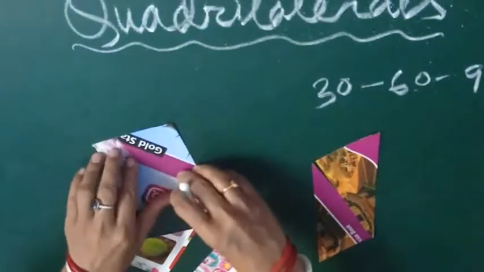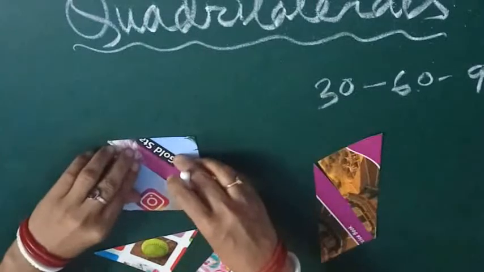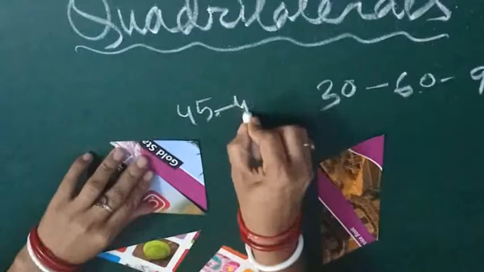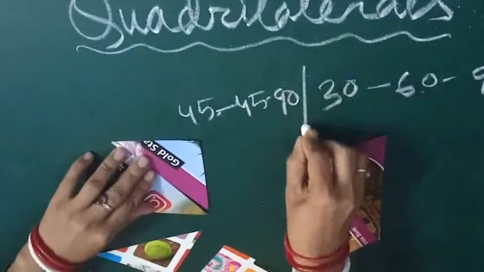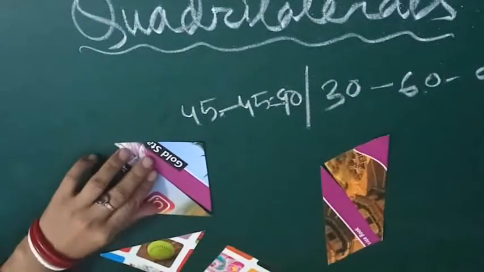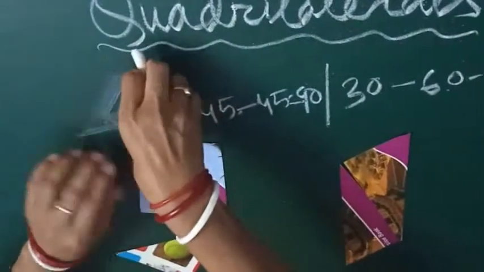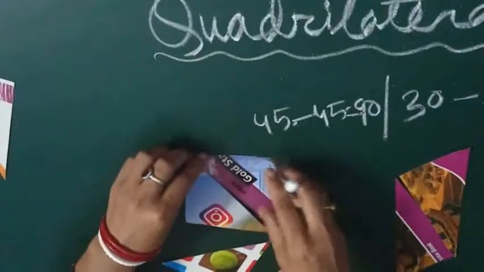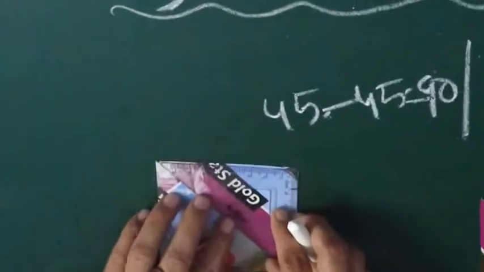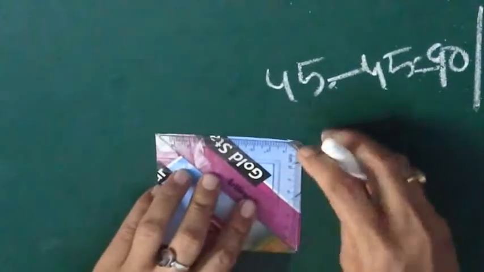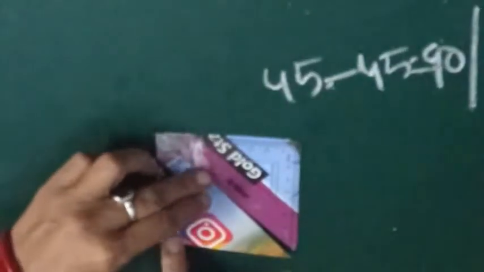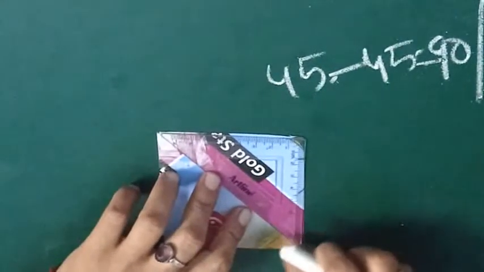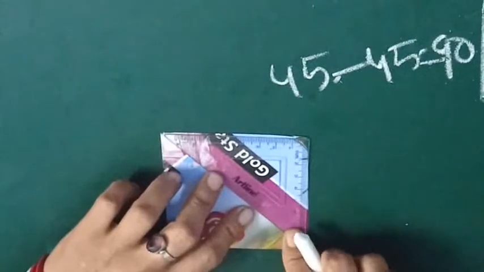Here this one I am making with this isosceles triangle, that is the 45, 45, 90 set square I have used here. This set square I am talking about. From that I have made this paper cutting and I am presenting one square. How? When I am setting this angle like that, you know that in this isosceles triangle there is a right angle. So definitely this is also a right angle. And the other 2 angles are 45, 45. So when 2 45s come together, what are you getting? Definitely you are getting another right angle.